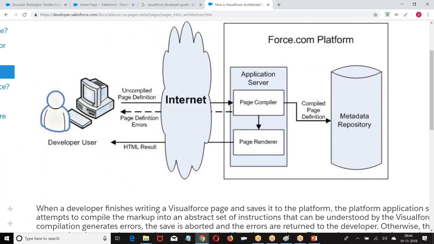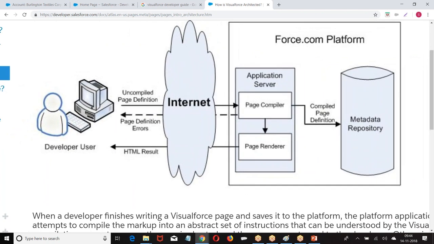Now, user, from where we are going to use this application? We are going to open from the browser. User opens the browser, opens the developer console, writes the program on the developer console, saves it. When you save it, it goes to application server, which compiles the program. If the program is compiled successfully, save the compiled code to metadata repository.